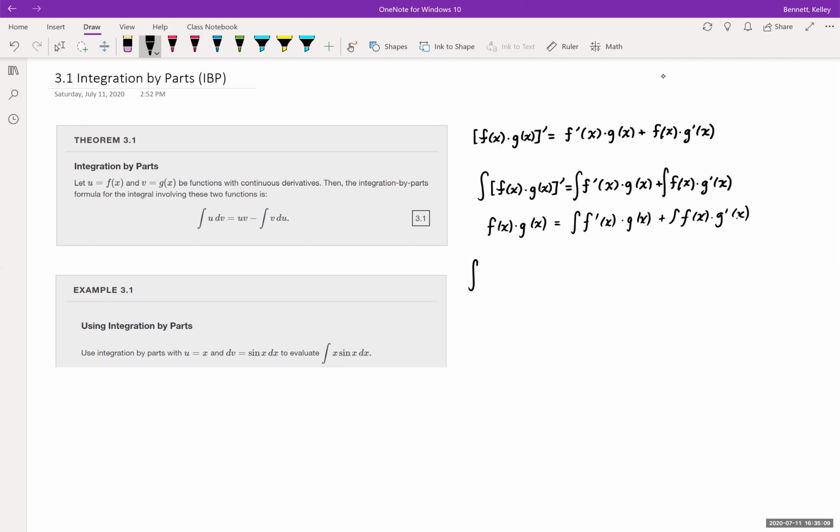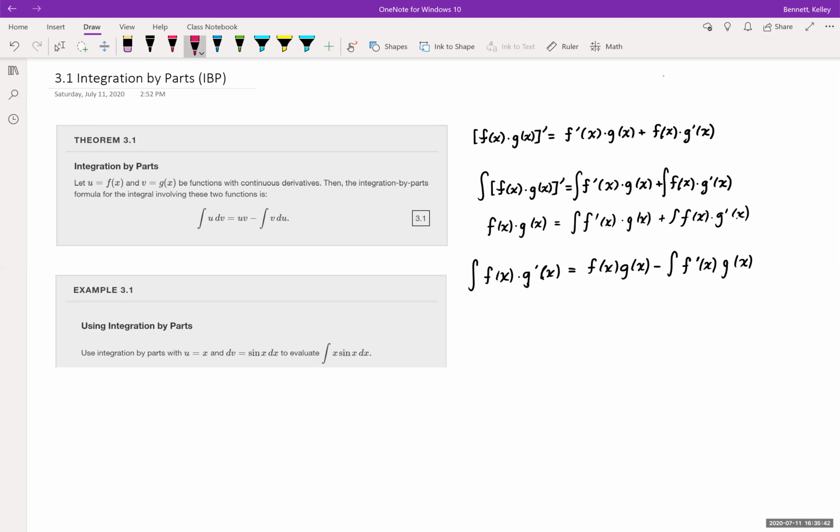If I just rearrange this a little bit, I'm going to get the integral of f of x times g prime of x equals f of x times g of x minus the integral of f prime of x times g of x. So really what I'm looking at in terms of u and v, which is usually how